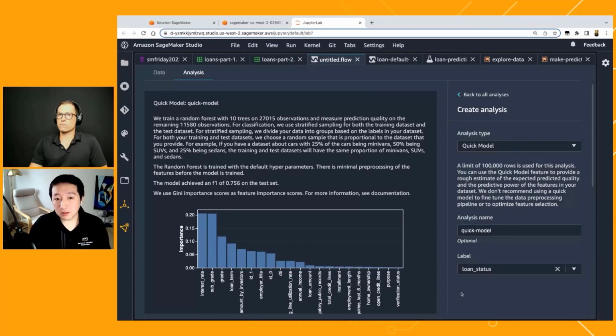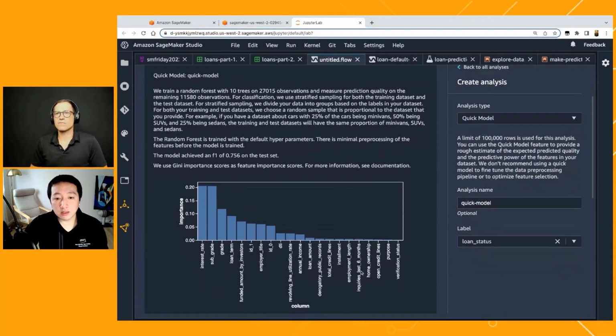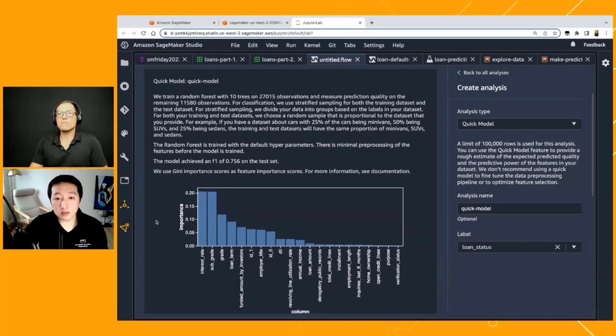But let me come back to this analysis because the result just came in. Here we can see that the model has achieved an F1 score of 0.756 on the test data. Essentially what this quick model is doing is splitting the data into training and testing splits, and putting the entire data set with the selected features into machine learning models to produce these results.